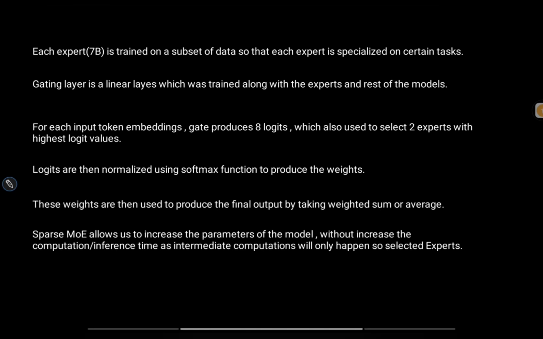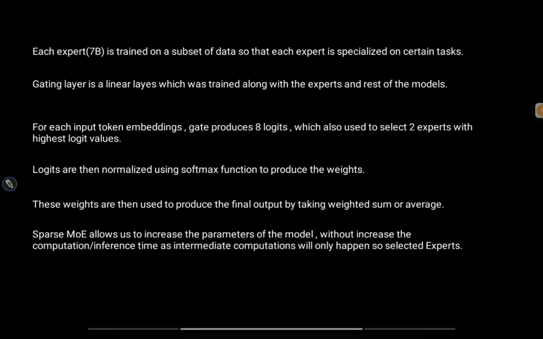So this sparse mixture of experts allows us to increase the parameters of the model, right? We can see here 8 experts are present, each of them being a 7 billion parameter model. So we increase the model parameters, and it has been seen that in the case of large language models, the more parameters you have, the better the performance is, right? We have seen that in the progression of GPT-1, GPT-2, GPT-3.5 and GPT-4. Every time the model parameters increased by huge margins, and the model performance also got a boost. So they have also tried to use that in the mixture of experts, or the Mixtral model,